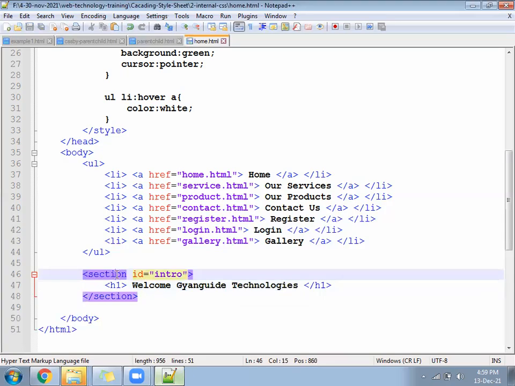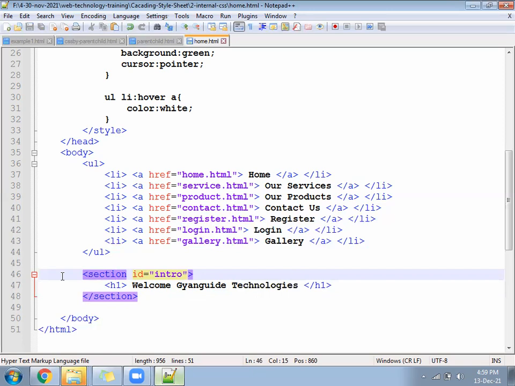What do you understand by section? Section is nothing but a block. Suppose inside the page there are 4-5 blocks, so you can say section 1, section 2, section 3, section 4, top to bottom. When we create multiple blocks like that, it is called a section. So HTML5 has given a tag, and that tag name is section tag. It is called a semantic element. Element means tag; the tag itself is called an element.